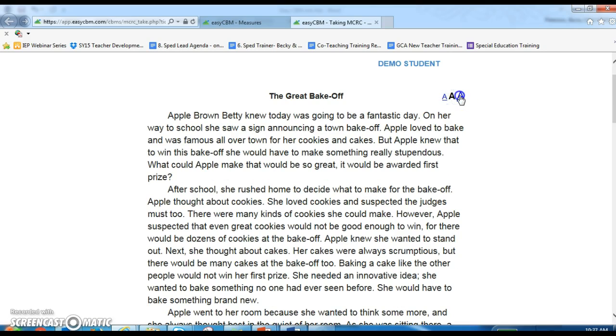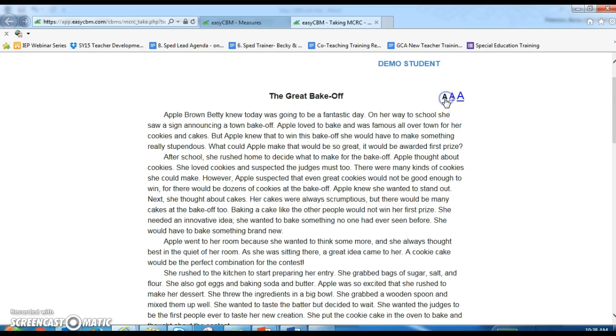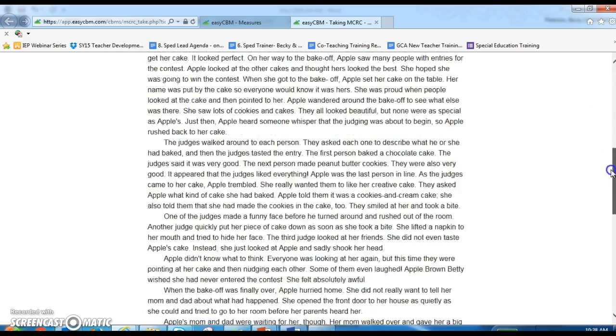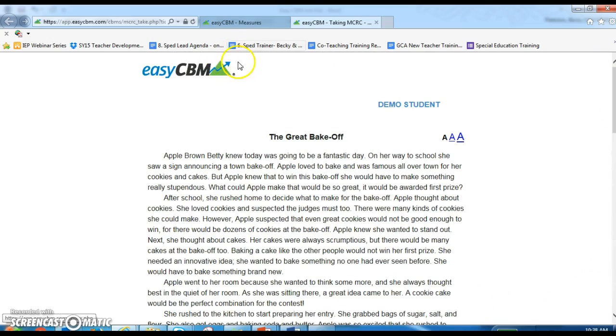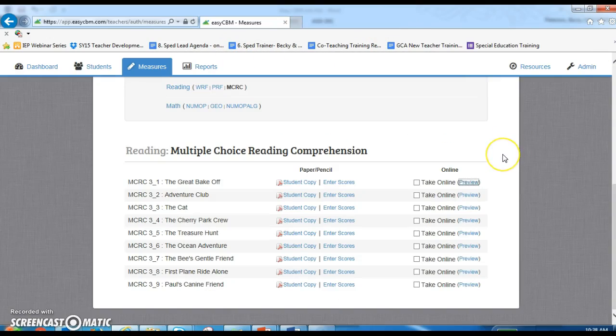You can even change the font size. The students can do that. But this is the story, and then you can see at the end they'll be prompted with questions, and you can click next. So if you wanted to preview and see what that looked like, you would be able to do that. So once you find the test that you want the student to take online,